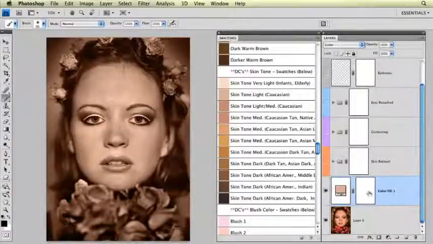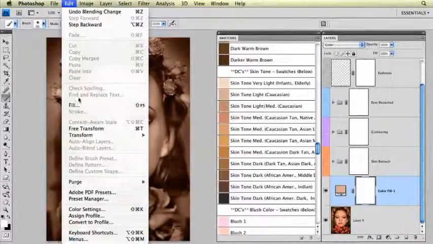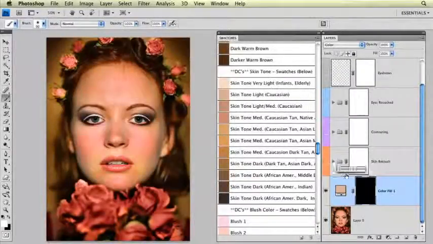Now, obviously I need to fill this layer mask with black and then go back in and paint with white to just paint it where I need that skin tone color. So I'm just going to select the layer mask and go up to Edit, Fill, and under Fill, Contents, use black. Click OK. So now I don't see anything of that color, but as I paint with white on this layer